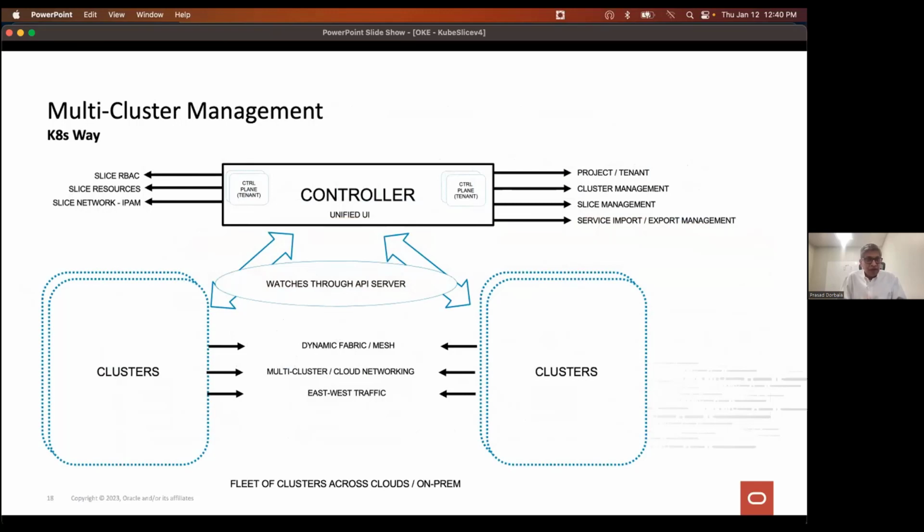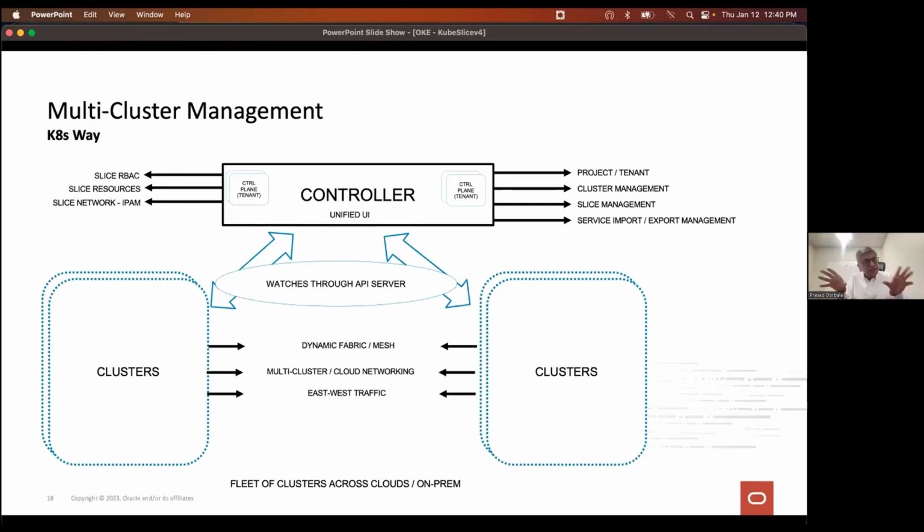So the control plane is also yet another cluster, something which you want to isolate, and we separated it out. By the way, all this data is Kubernetes native. Essentially all of it is stored in etcd, which you can replicate and then have multiple controllers. And the fleet of clusters, we are not changing much in the fleet of clusters. It's vanilla Kubernetes, but with a certain set of operators and CRDs built into it,